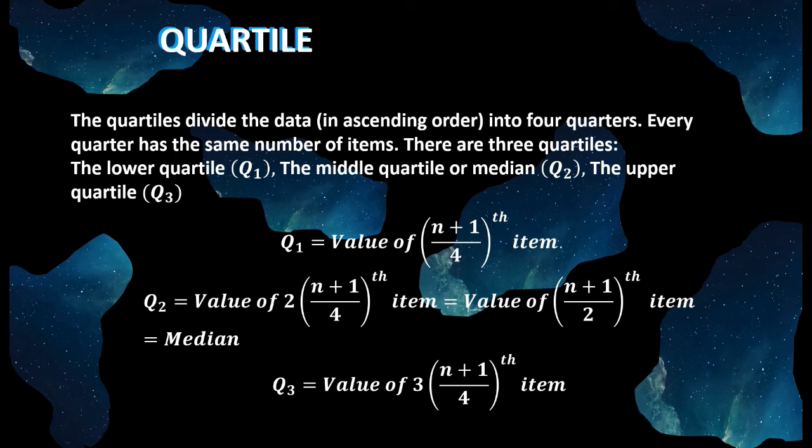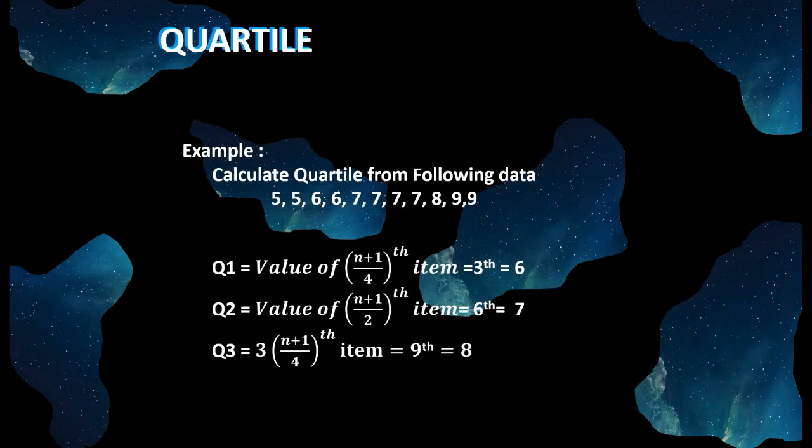So for quartile 1 or the lower quartile, the formula is the value of the n plus 1 over 4 item. And for the middle quartile, the formula is the value of 2 times n plus 1 over 4. And for the upper quartile, the formula is the value of 3 times n plus 1 over 4 item. Okay, for the example,